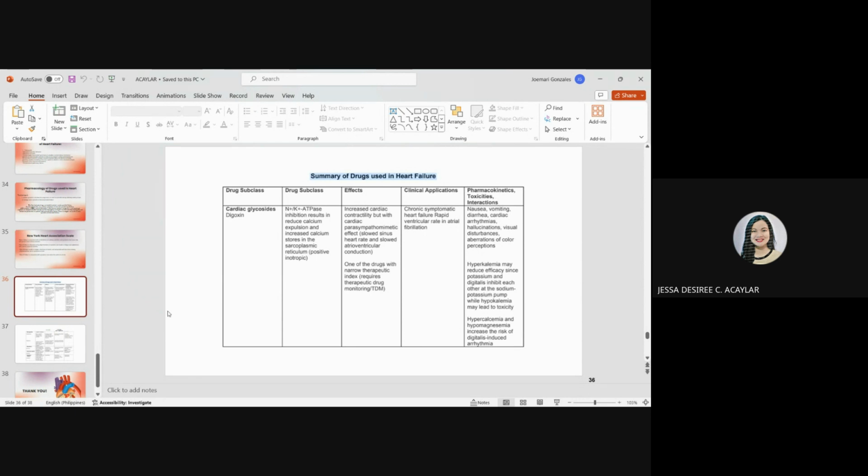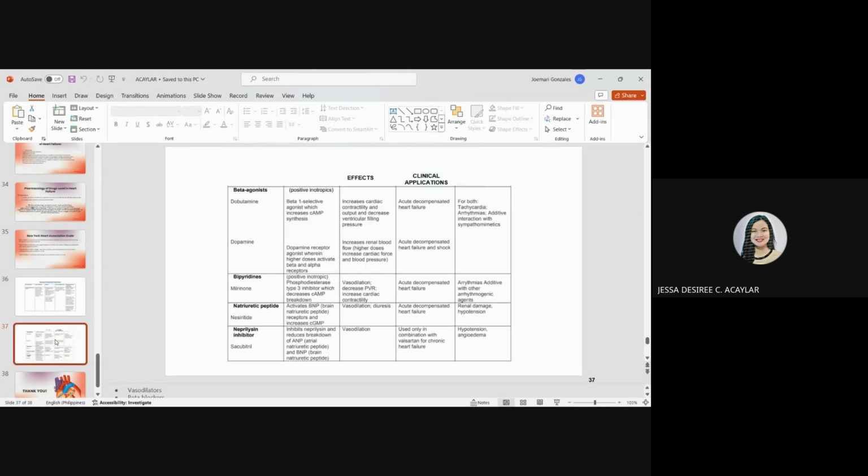Tapos yung next is yung beta agonist na mga dobutamine and dopamine po. Next is the beta agonist. Nandito rin po yung piperidine, natriuretic peptide, and the neprilysin inhibitor. So, maganda po to kasi naka-table na siya. Hindi na po tayo